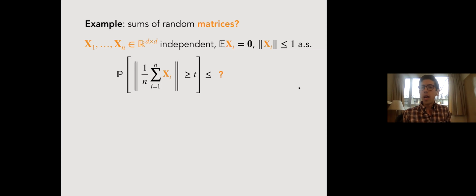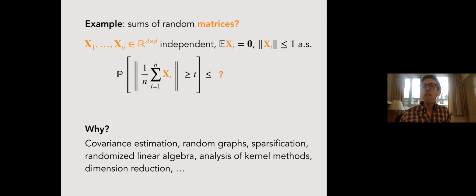Is it possible to obtain a bound on the probability that this average deviates in spectral norm from its expectation by too much? Of course, this is a question that is on its face mathematically interesting. It has some nice aesthetic properties, but the real reason for the growth of questions of this kind, at least in the community that I'm a part of, is because this is a very, very useful object to bound in a lot of applications. To give the simplest possible example, an object like this shows up whenever I'm attempting